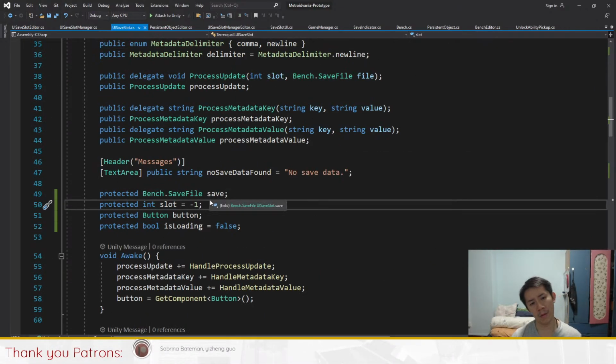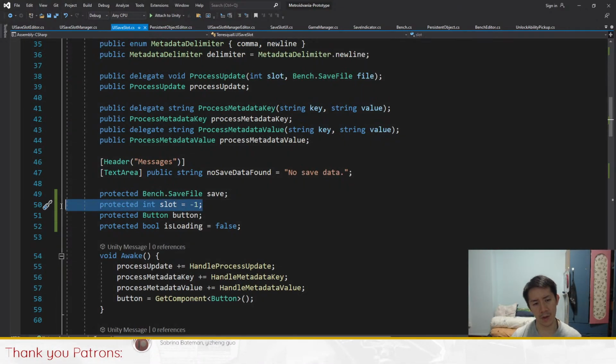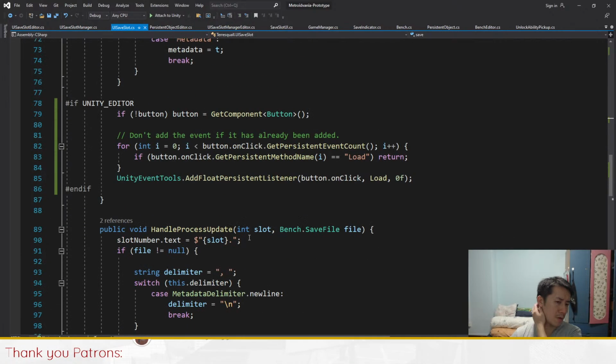Well, we already know the slot number is 1, rather it's